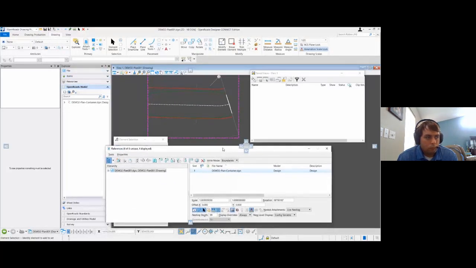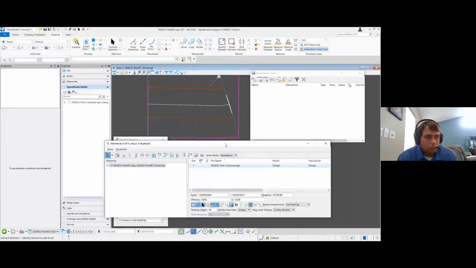But it looks like that's not working. I think it's because it's a saved view, so just watch out for that as you add new levels in, or draw in things on levels that haven't been used before. They are automatically turning on, from what I've noticed. So just be conscious of that. I have to take some more time and dive into why I think it's a saved view.